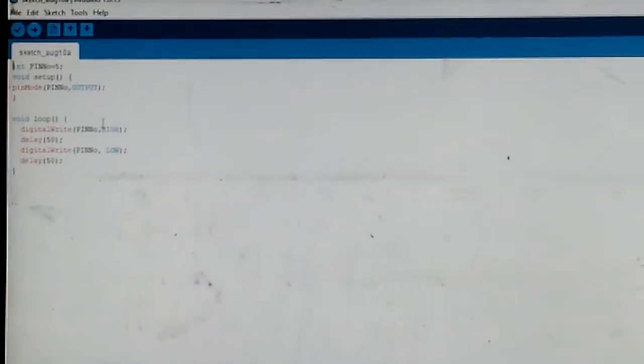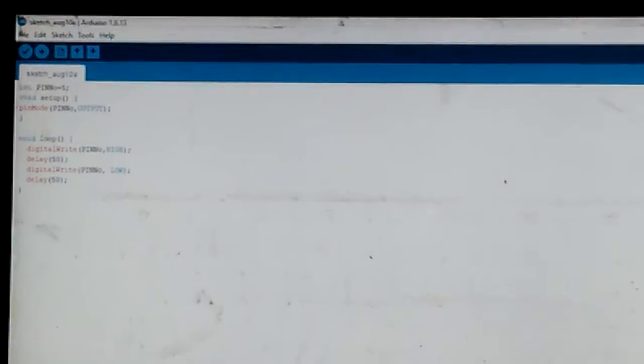There I have given that pin number 5 mode is output, means it will work as an output. Once this is initially defined, the rest of the program will be repetitive.